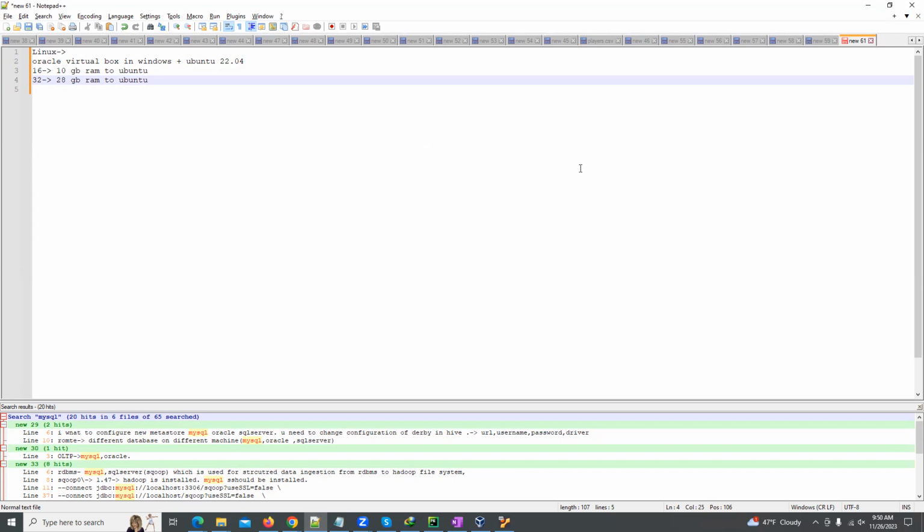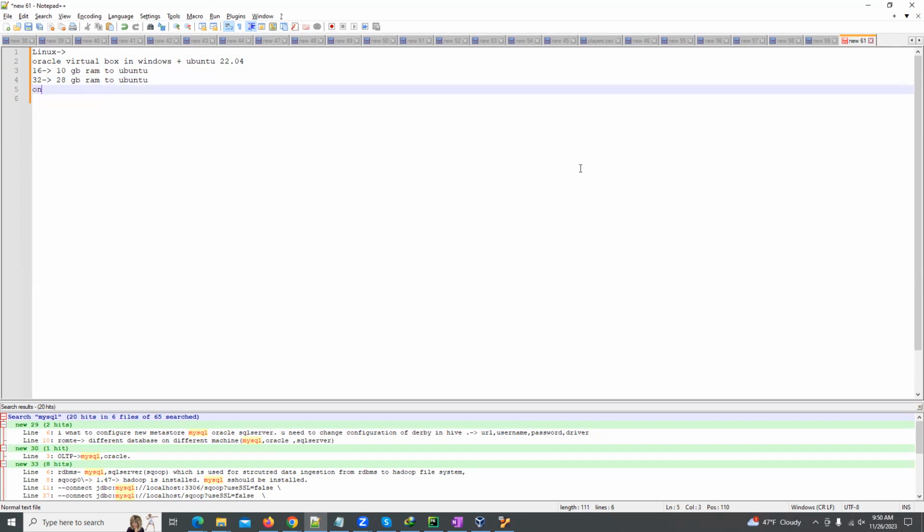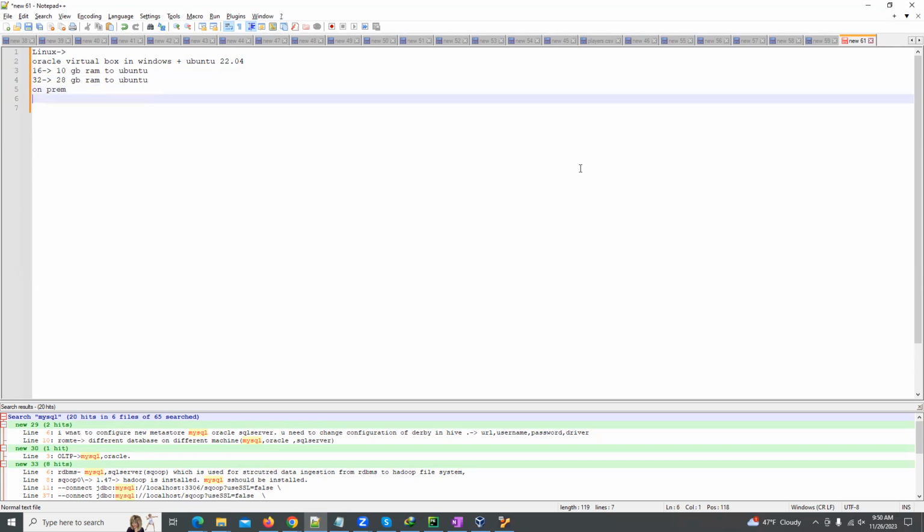So what we have to practice on premises? There are two types of environment, one is on-prem and the other is cloud. For the cloud environment, these are the different clouds: Azure cloud is there, GCP cloud is there, AWS cloud is there. So when we talk about the cloud,